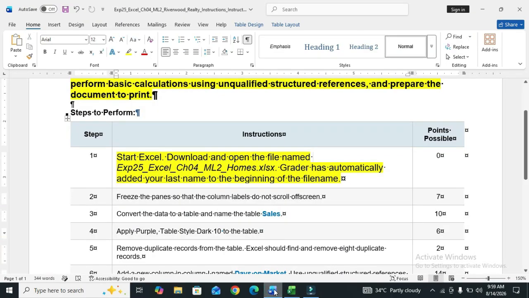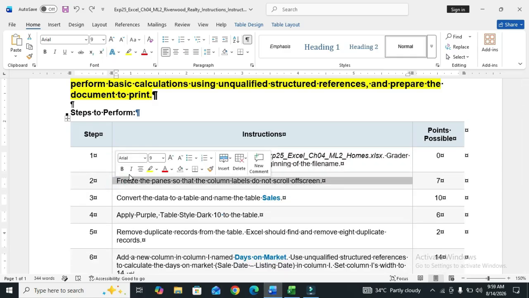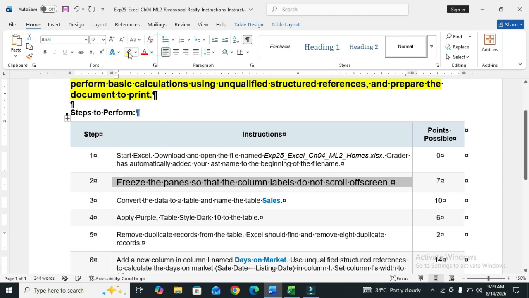So we move to step number 2. Step number 2 is: freeze the panes so that the column labels do not scroll off screen.